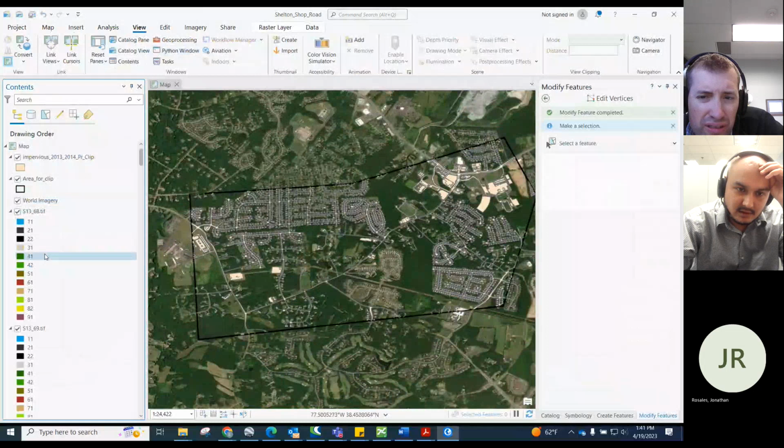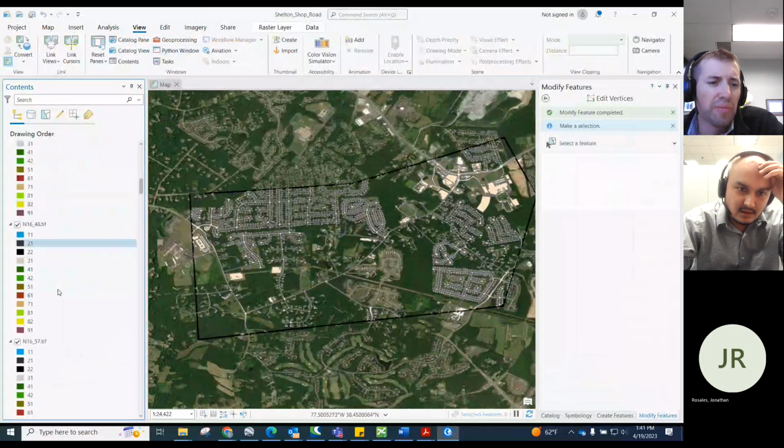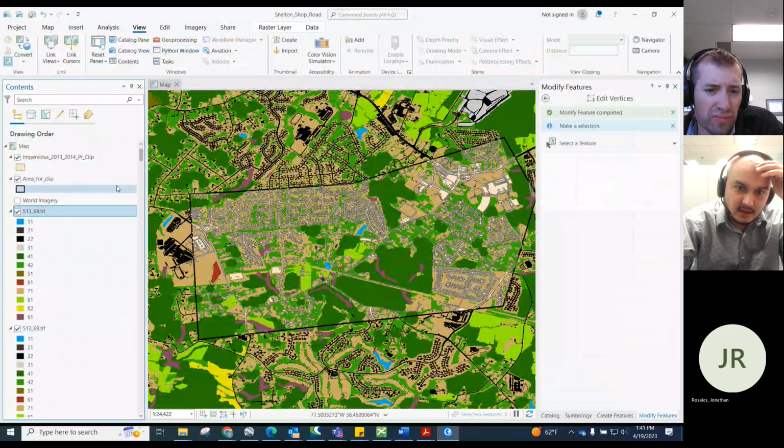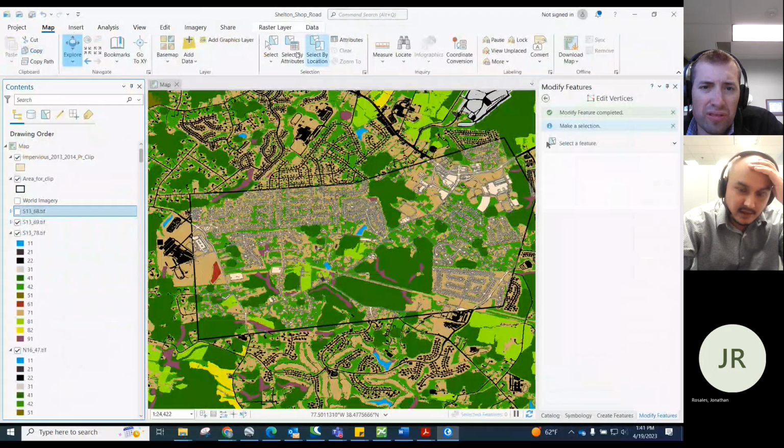Okay. Let's see, is it outside? I should have put it above the world imagery. Let me just turn off the old imagery. Okay, let's click on that raster there. This one? Yep, let's click and see which one that is. Just go to the Explorer and click it in the Explorer. Let me press control also so that I can sometimes.